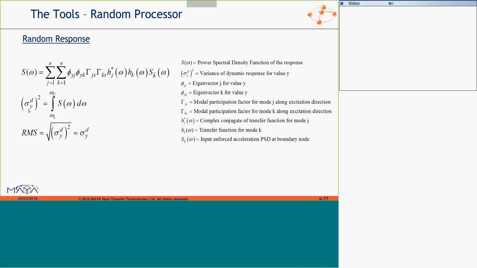To make it short, the variance is the integral of this response power spectral density from the lower limit to the upper limit, and those you specify in the UI, as you specify, of course, the input power spectral density. And then the root mean square is the square root of the variance.